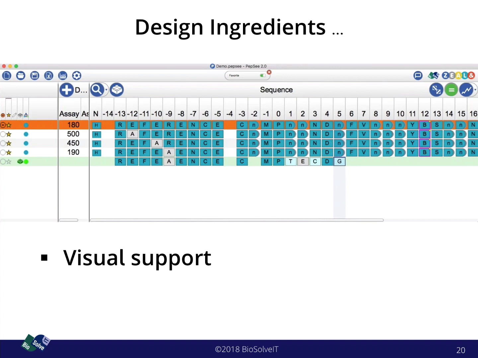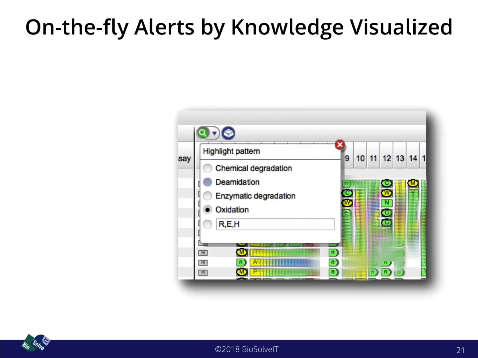I should mention at this point perhaps that once you have designed your new sequence and you have your connection to a database, of course things like validation and registration are relatively simple to be realized, as we've done this before with Jensen's help within Zealand. Of course, there is a lot of knowledge that you may have before you embark on your next peptide. I blurred the sequences here